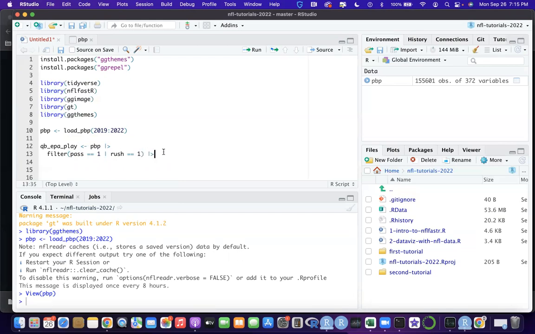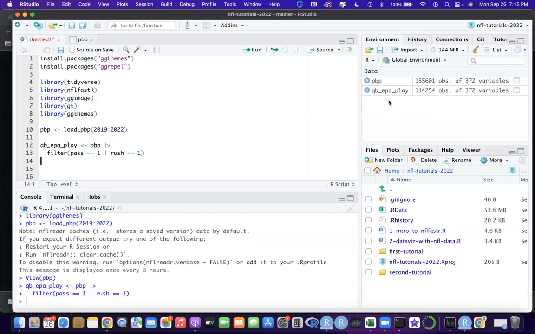So before I do the pipe, if we run it, we can see here on the right-hand side that we were at 155,000 rows from 2019 to 2022, and we go down to 114,000 rows. So we took out all these special teams plays, which is good. But we're also going to want to